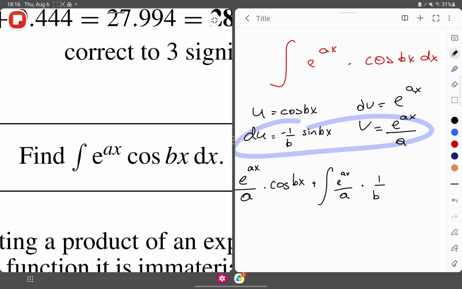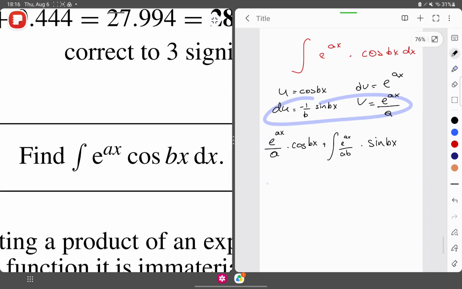Let's write this like this, a times b times sine bx. Okay, e to the power of ax over a times cos bx